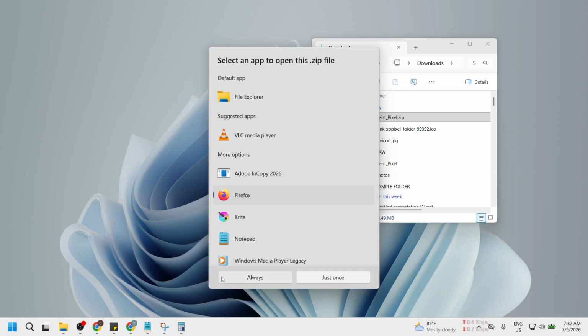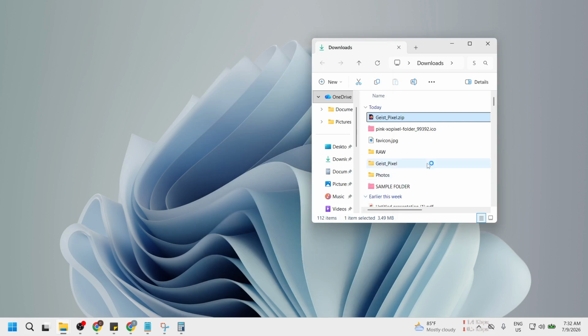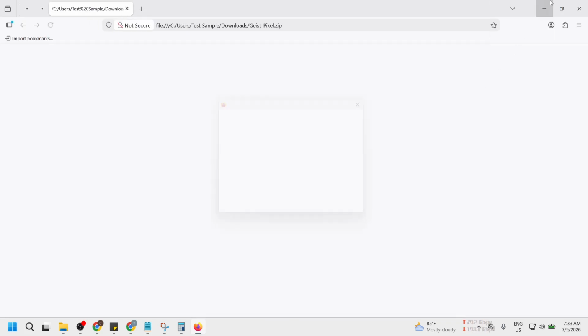Once you click the Always button, you will see a confirmation that your selection has been saved. This is a reassuring step as it confirms that your preferences are now set. You can now close the window and return to your file. This final confirmation is a vital part of the process, ensuring your settings are applied correctly. It gives you peace of mind that your future file openings will follow your new preferences.